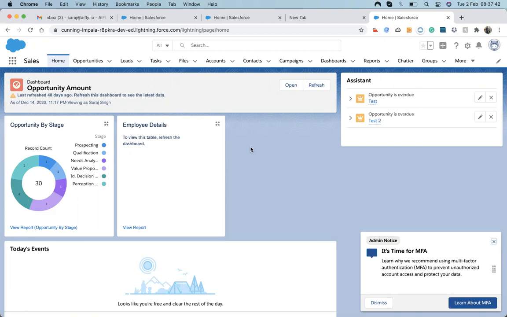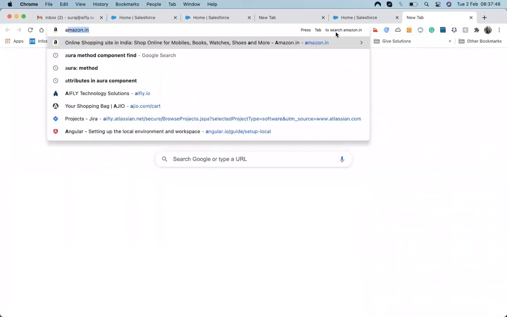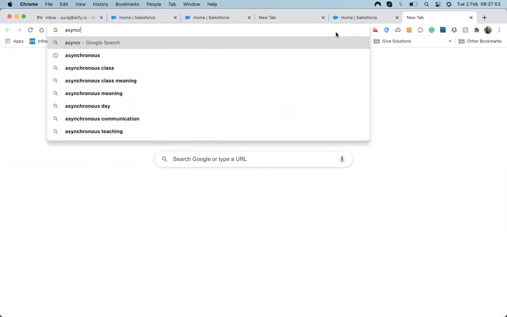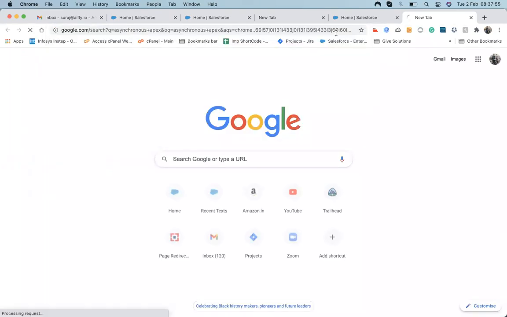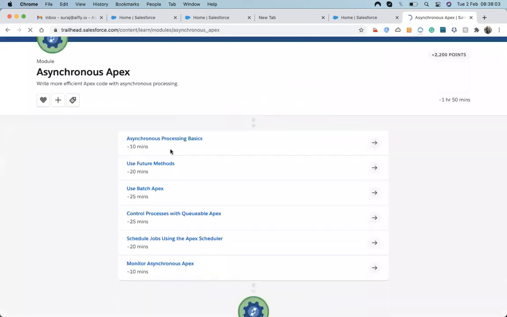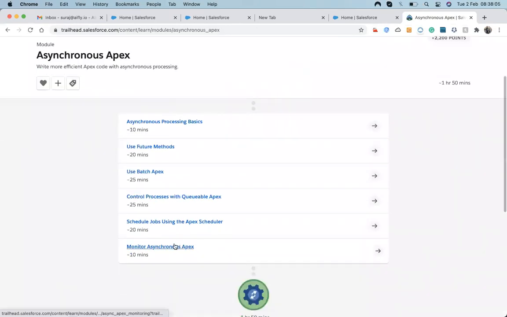So for working with asynchronous Apex, we have 4 types: future method, batch Apex, queueable Apex, and Apex scheduler.